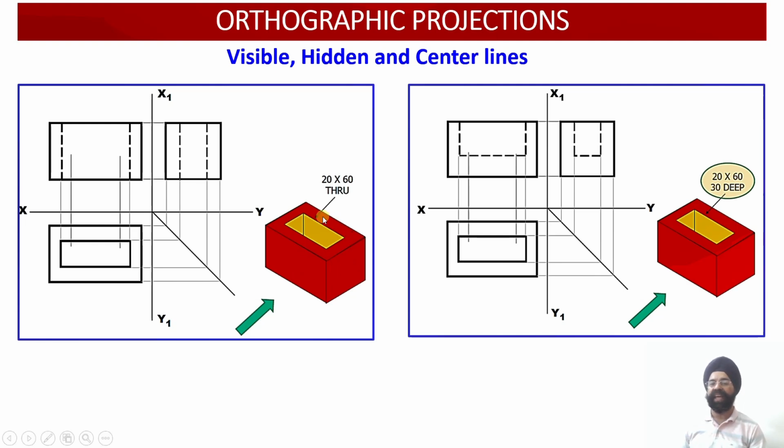The angles are not going to be preserved in the isometric projection. That is another limitation of the isometric projection. But the benefit of isometric projections is that they give you the feel of the object. Just see, if I give these three drawings, front view, top view and left hand side view, to any observer